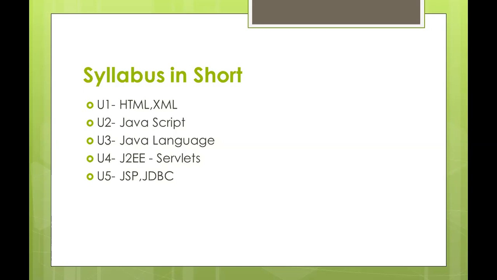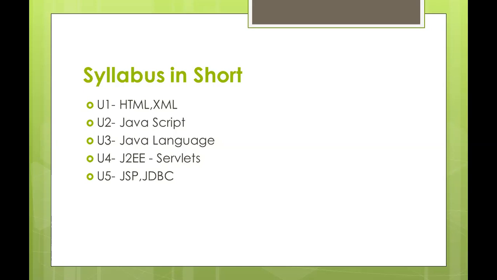All right. In Unit 3, you are going to learn the Java language. So far, you don't know anything related to Java, and you don't know object-oriented programming languages either. This is the very first place where you are going to learn Java. Java is a very powerful language, and every computer science professional should be aware of it. I strongly recommend learning this language, whether or not you opt for this subject, because the forthcoming Unit 4 and Unit 5 are based on advanced Java.